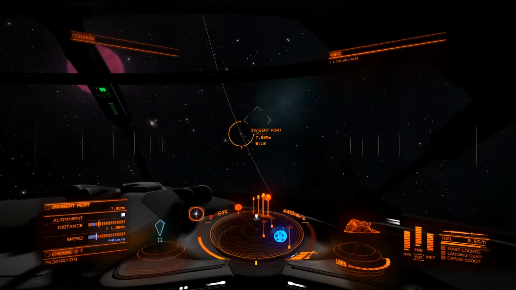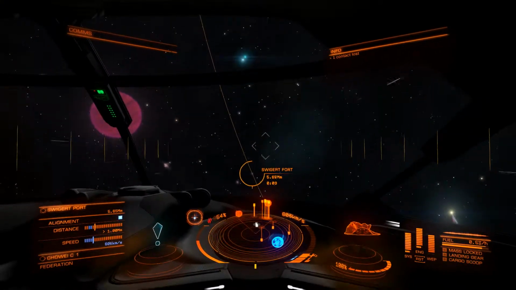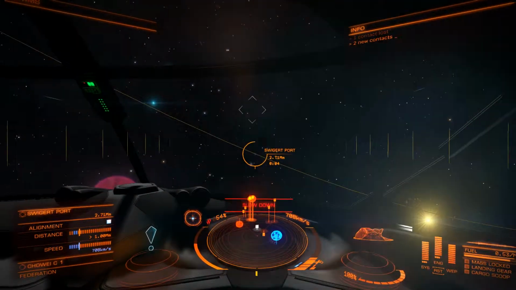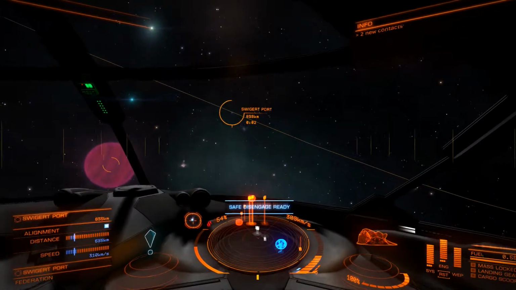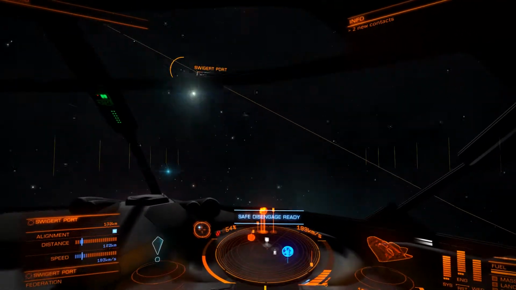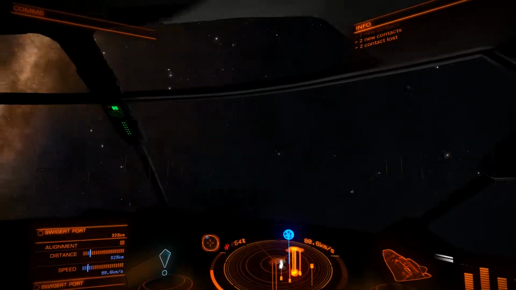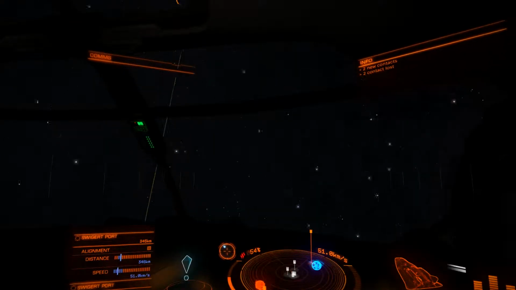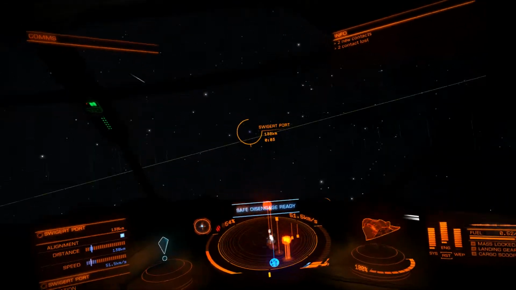Basically, whenever it's all blue, that means you can exit super cruise speed, which is this faster than light speed that you can travel. Oh, I'm actually not traveling faster than the speed of light right now. I'm trying to slow down, so I passed it again. But see how I've got 2 of the 3? I've got the distance and the speed, but I've got to have the alignment. Yeah, here we go. Safe, disengage, ready, so I'm gonna...